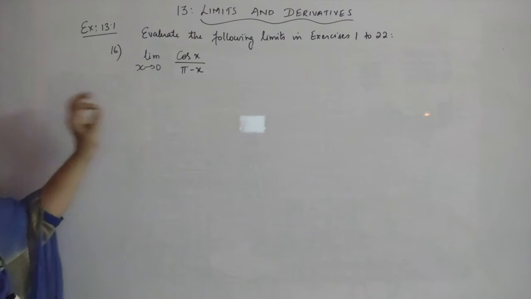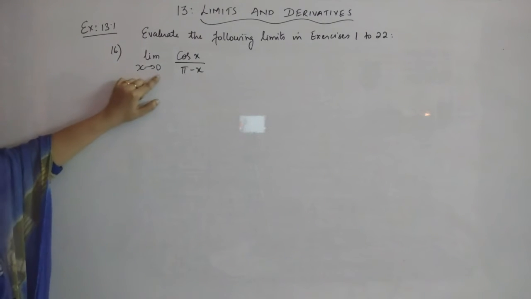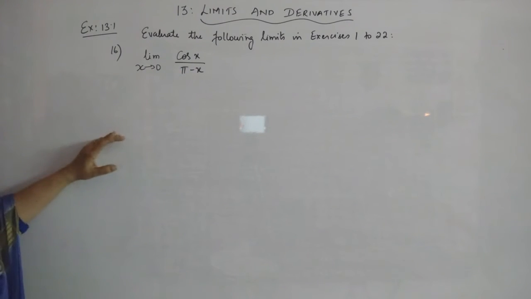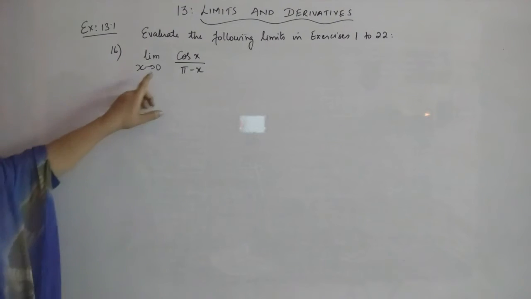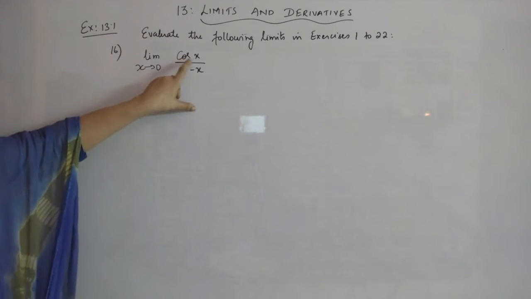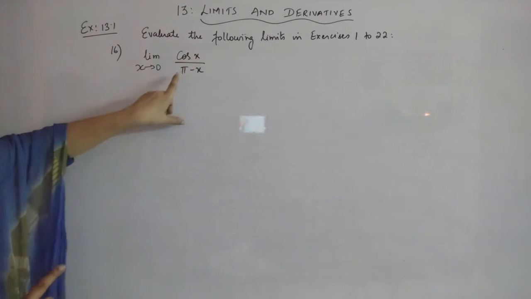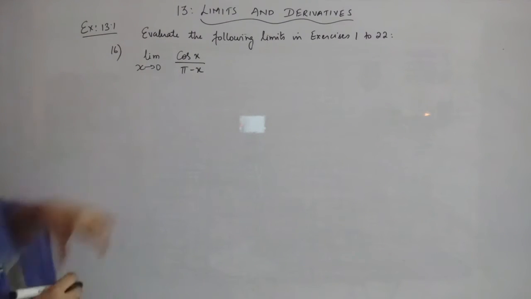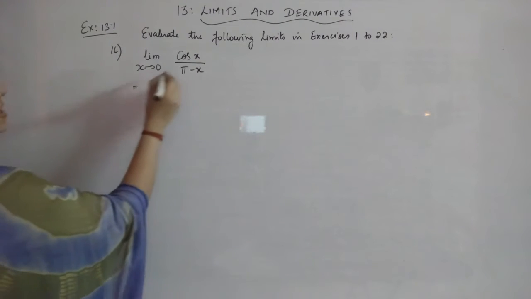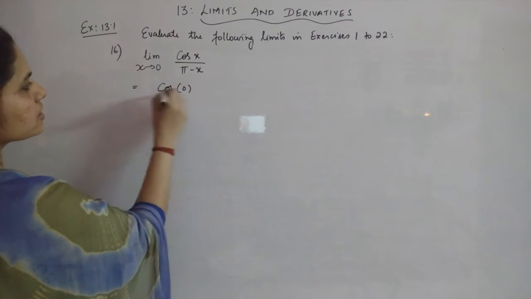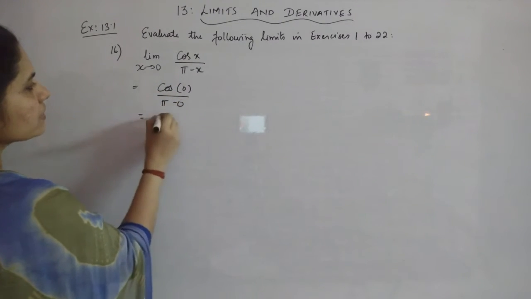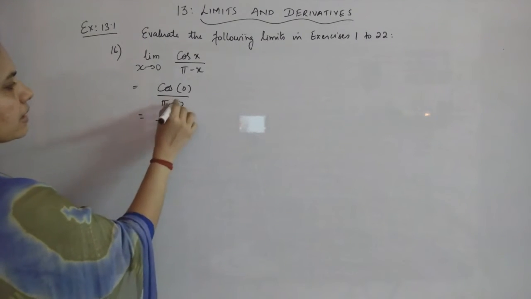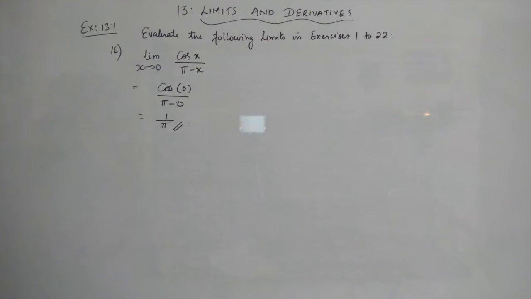Question number 16 is limit x tends to 0 of cos x by pi minus x. So the foremost thing is you have to just replace the value of x and check whether you are getting 0 by 0 form or not. If you are not getting it, you can just replace the value and find out the answer. So first we will see, cos 0 is 1. Again here you will have pi minus 0, which is not 0 in the denominator also. So we can use the direct method, that is just replace the value of x with 0, which will give you cos 0 which is 1, by pi minus 0, it is pi. So the answer is 1 by pi.